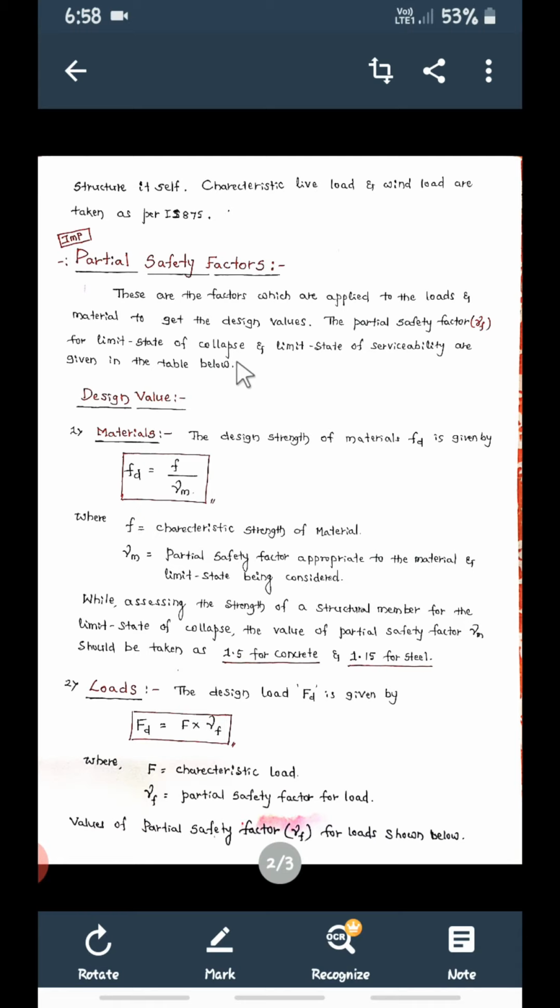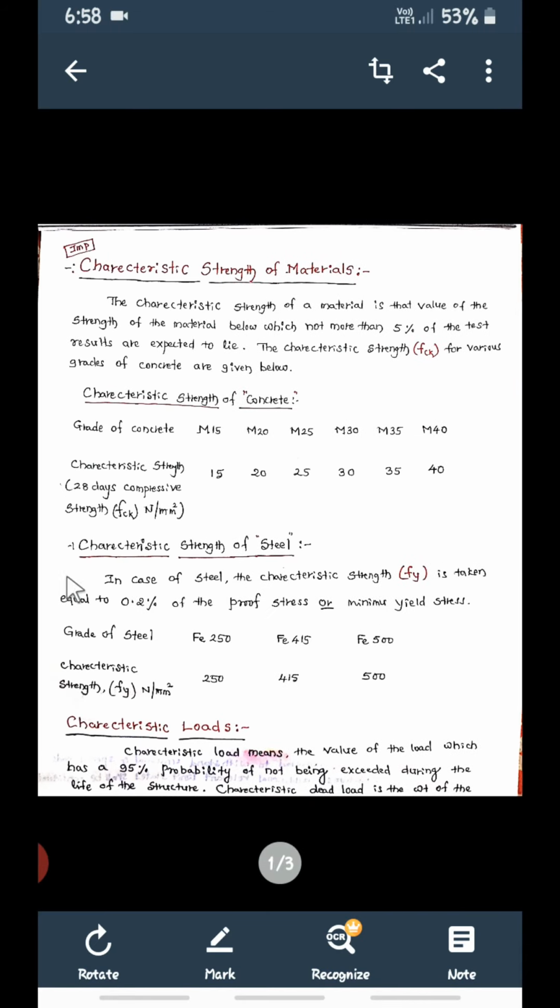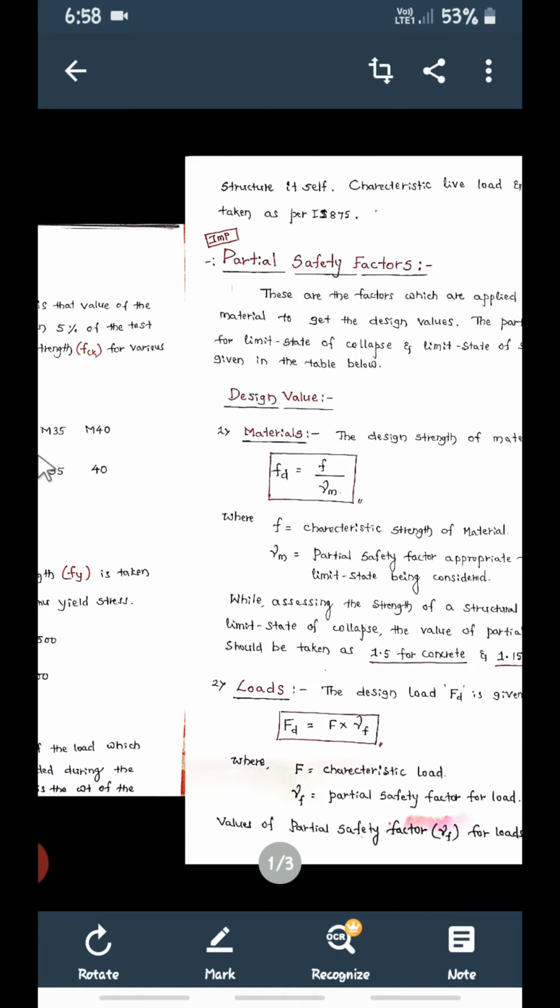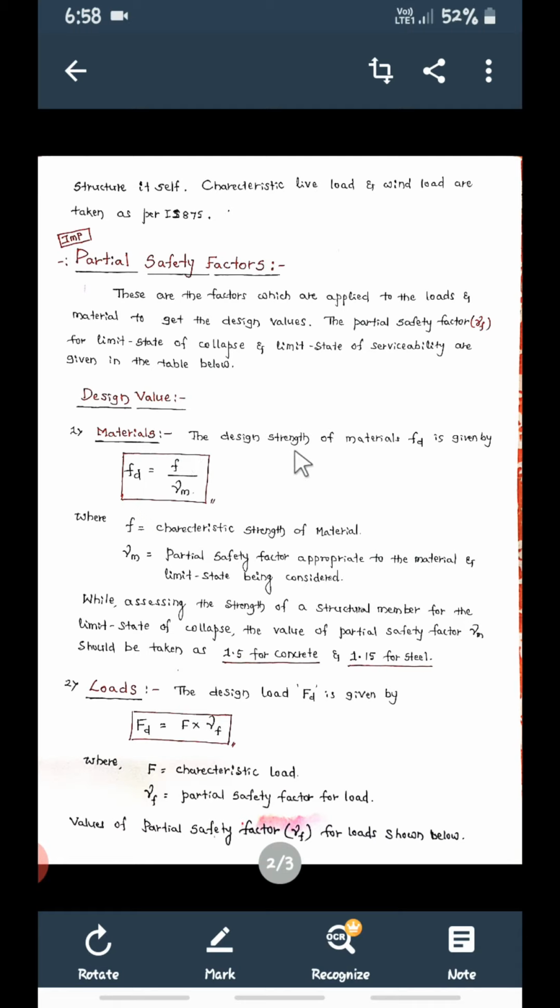Now if you want to get these design values, you have to use these safety factors. For materials like concrete and steel, the design strength of material FD is needed. Characteristic strength of concrete is FCK. Characteristic strength of steel is Fy. I don't want these characteristic strengths. I want design strength, the design value. The design strength of material FD is given by